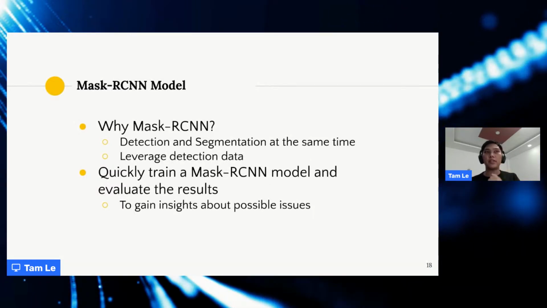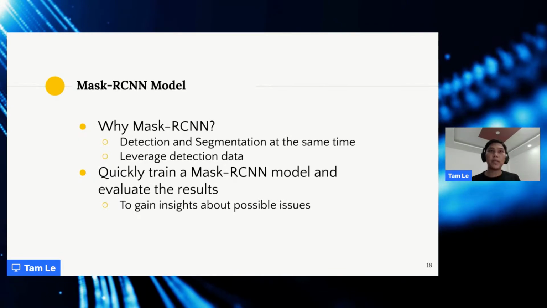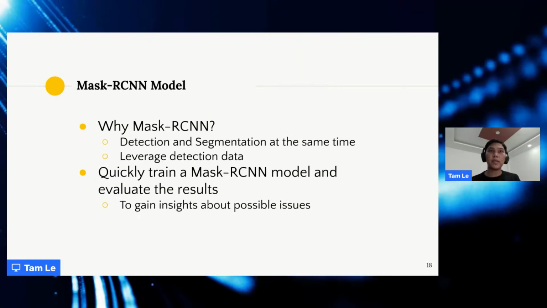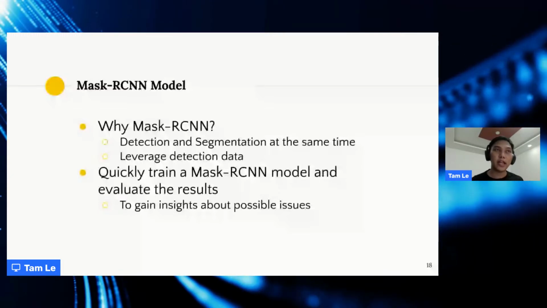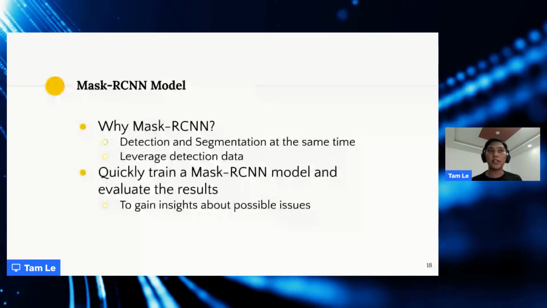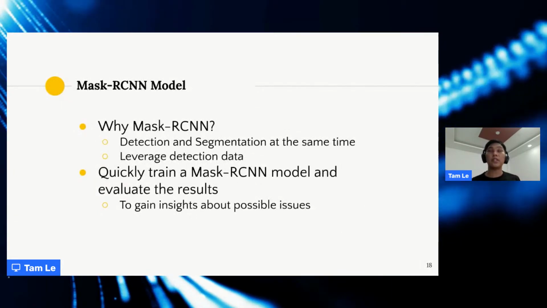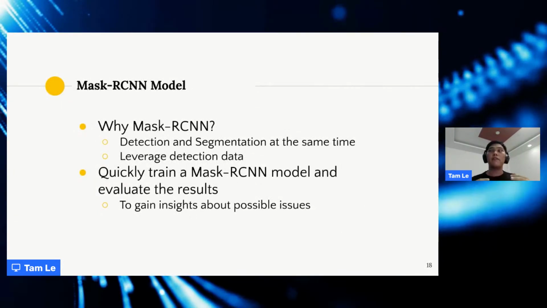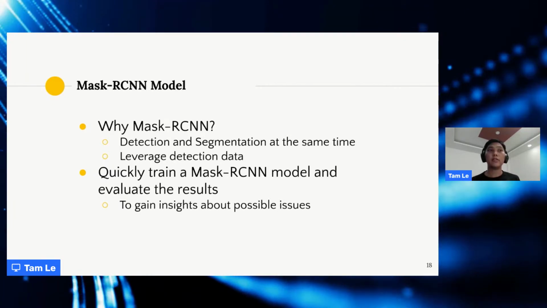It can perform the detection and the segmentation of the detected box at the same time. That's one of the reasons why we chose Mask R-CNN. And the second is we want to leverage the detection dataset, because usually we have a very large amount of detection data and it's more accessible than segmentation data.